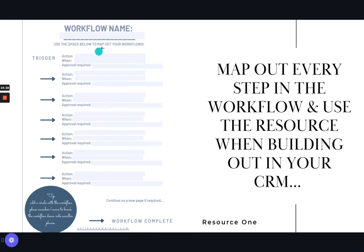But you're just going to keep repeating that process. So what is the action that happens? Go back to that planning phase that we did and look at the steps that you outlined. What happens? Is it a to-do item? Is it sending something? Is it starting something? What happens? When does it happen? Is approval required? So once you map out every step in the workflow and use this resource when building it out in your CRM,